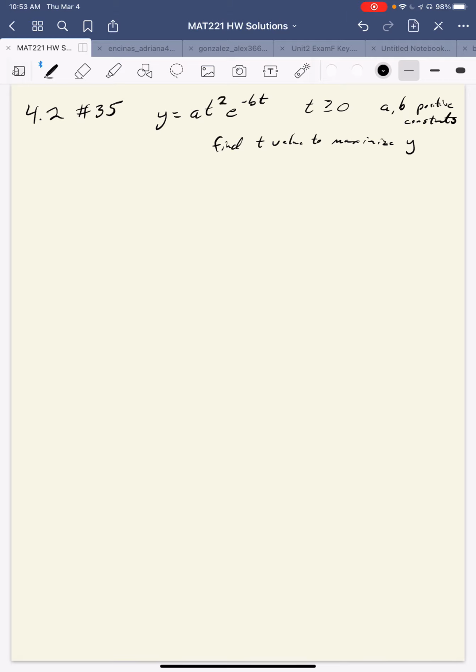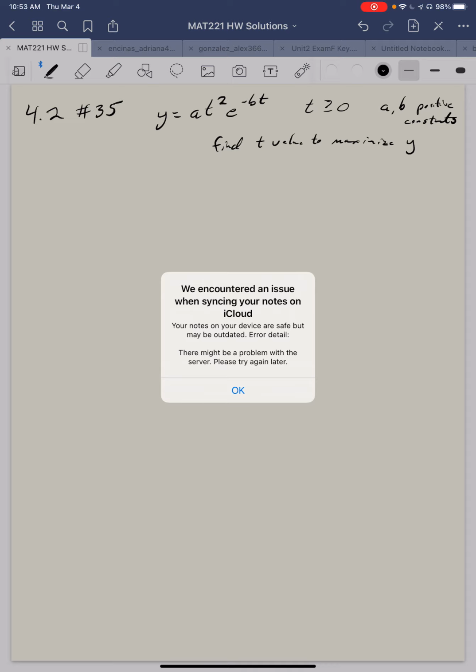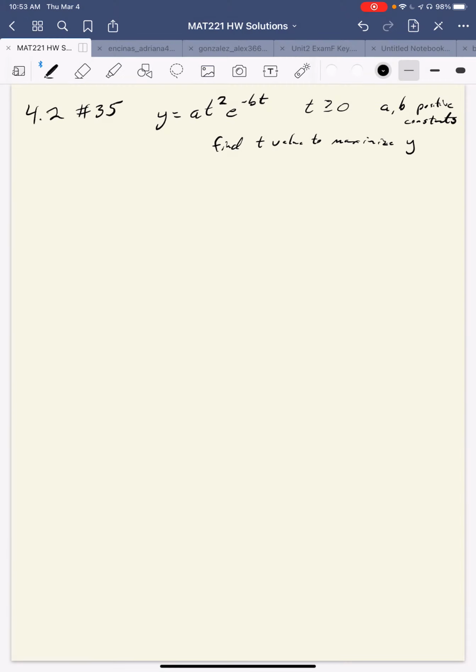Hi, this time I'm going to be working from section 4.2. I'll work on problem number 35. This gives us the problem where we're told that y equals at squared times e to the negative bt for t values greater than or equal to 0. We're told that a and b are positive constants, and they want us to find a t value to maximize